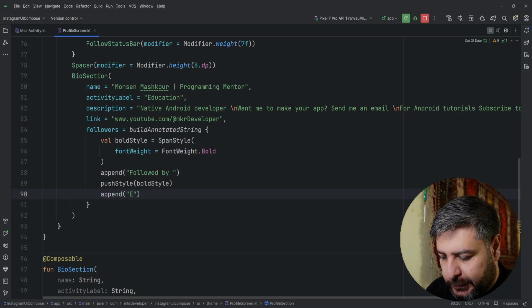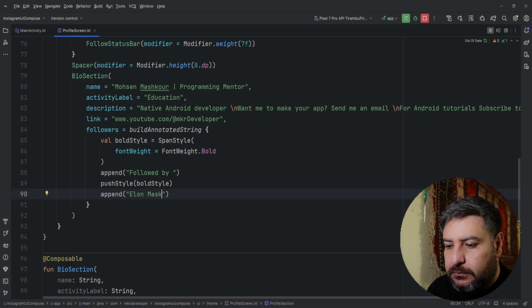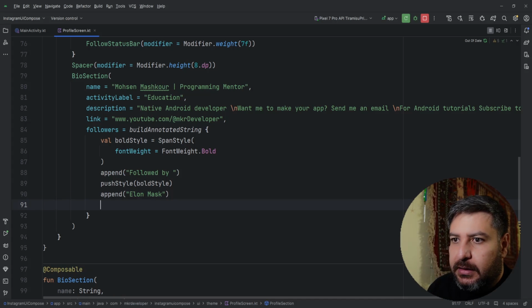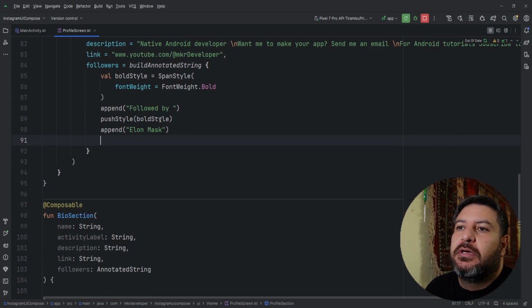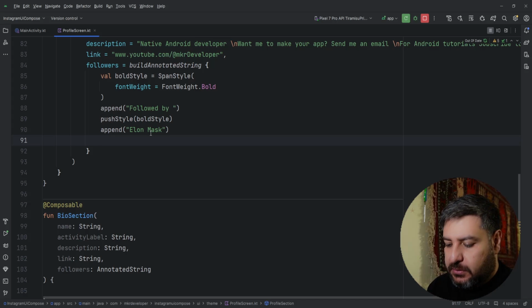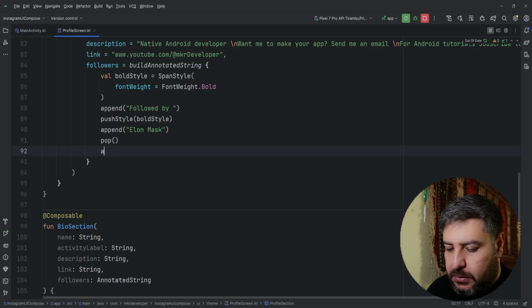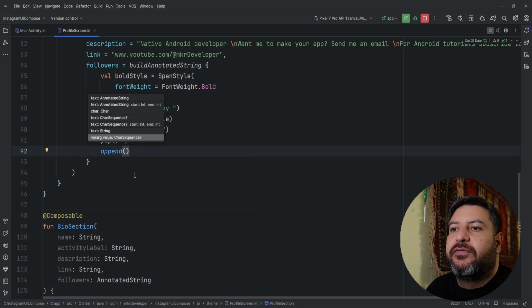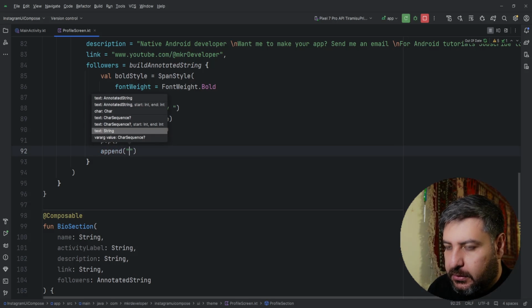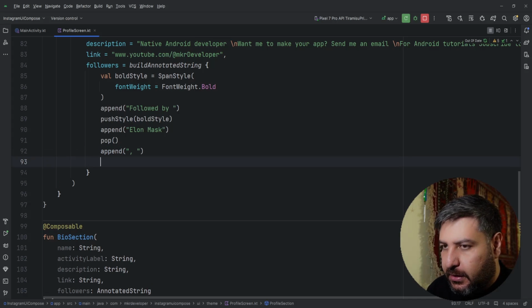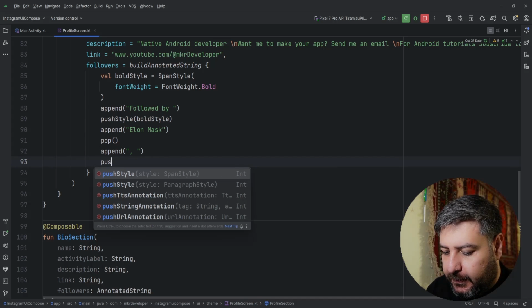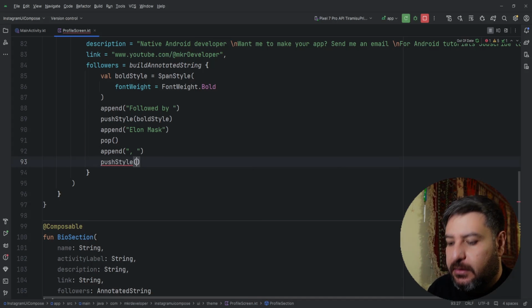So here, Elon Musk. Then we have to take out this style from the back stack. So pop, and now again append, and the font is now normal again. And I need a comma and a space. Then again push a style, bold style, and